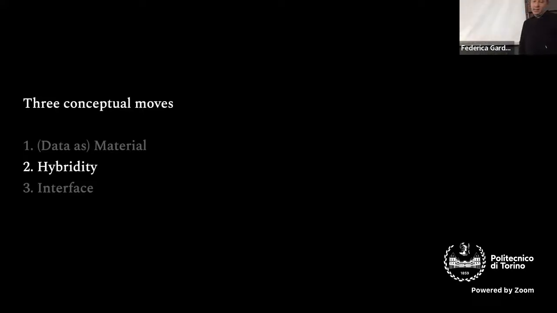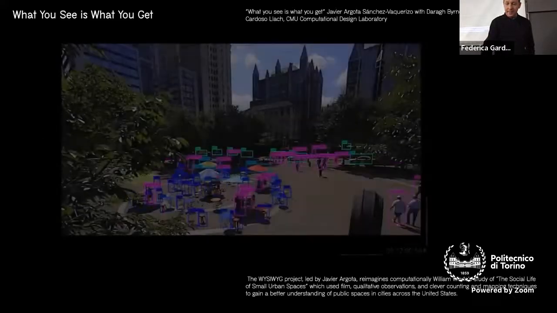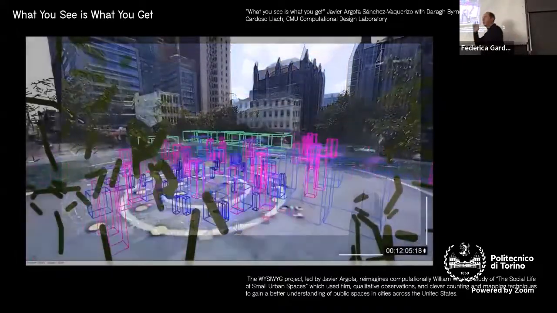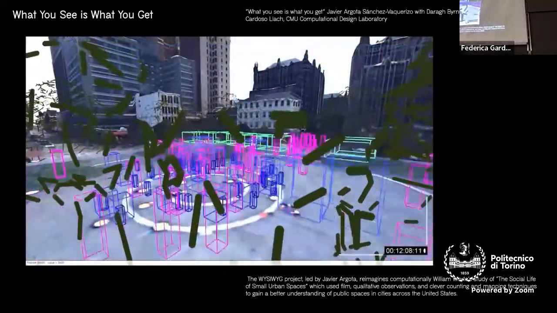The second move concerns hybridity. And I want to here talk about computation, about something that is inherently hybrid. Many of you probably know that the root of the word computation is to put things together, right? Computare. And I think that's a very nice way of thinking about all these practices. It's about putting similar things together and finding relations and new ways of overlapping things. I'll illustrate this with a couple of projects where we are using different disciplines and different lenses to look at